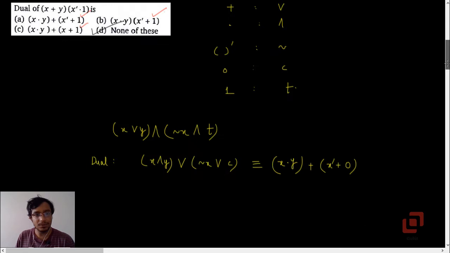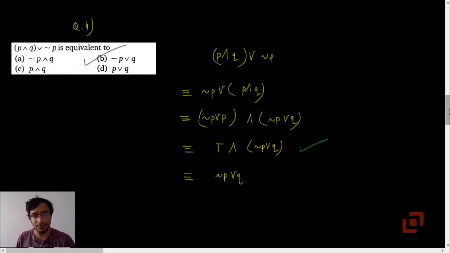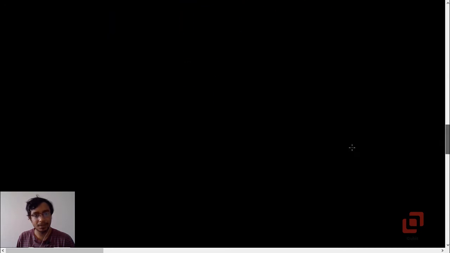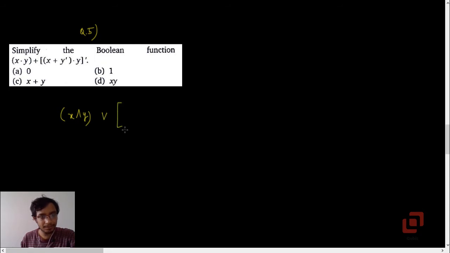So that was question number 4. Let's go to 5 now. Question number 5. Simplify the Boolean function or this compound proposition: x and y or